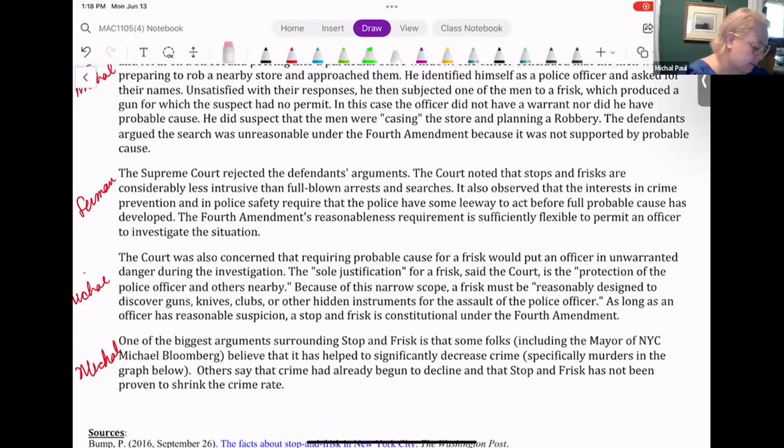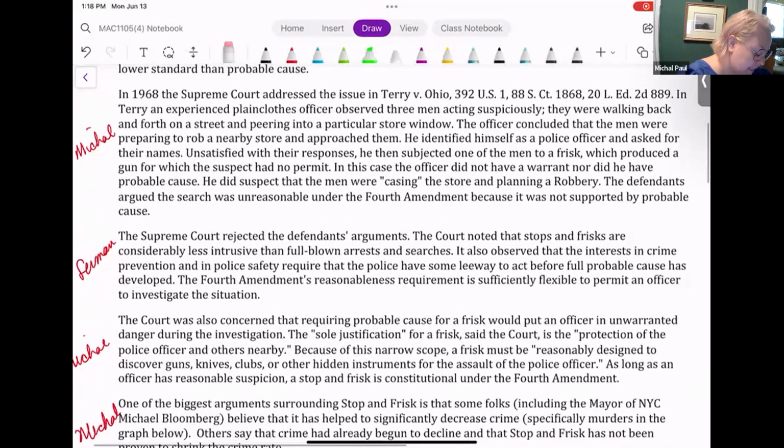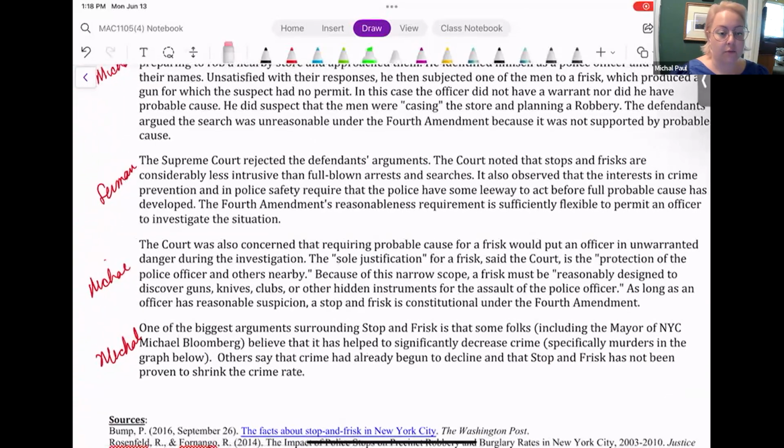Absolutely. So at that time, back in 1968, the court did not reject the stop and frisk policy as being unconstitutional. They were concerned that requiring probable cause for a frisk would put an officer in unwarranted danger during the investigation. And the sole justification for a frisk, said the court, is the protection of the police officer and others nearby. Because of this narrow scope, the frisk must be reasonably designed to discover guns, knives, clubs, or other hidden instruments for the assault of the police officer. As long as the officer has reasonable suspicion, a stop and frisk was found to be constitutional under the Fourth